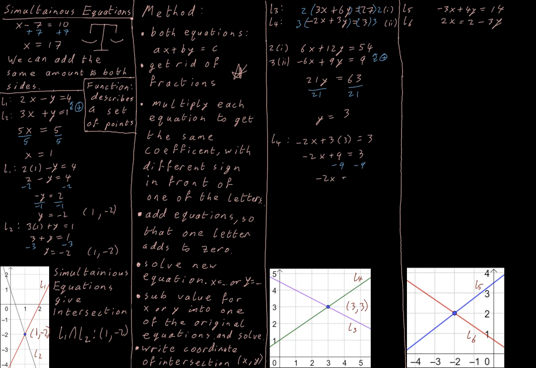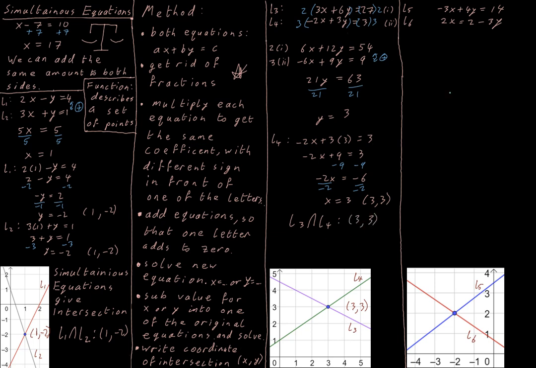Minus 2x is equal to minus 6. Divide both sides by minus 2 to get x by itself. And I get x is equal to 3. So I got the equation 3 on the x, 3 on the y, as I expected. So the intersection of L3 and L4 from my graph and from doing it algebraically is at x is 3,